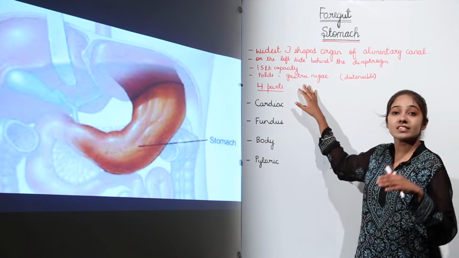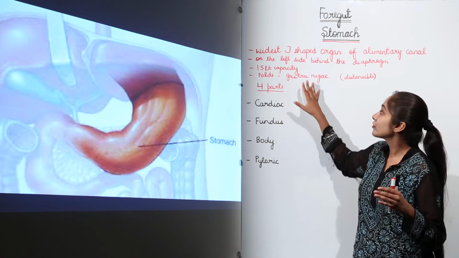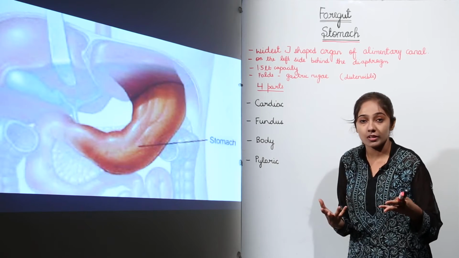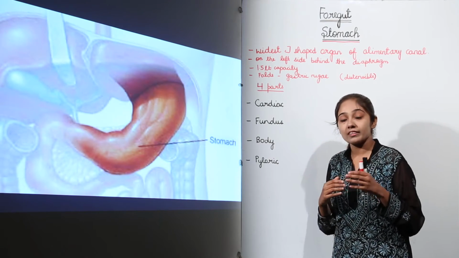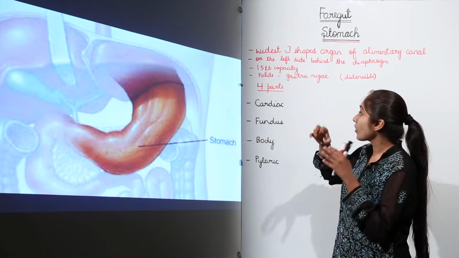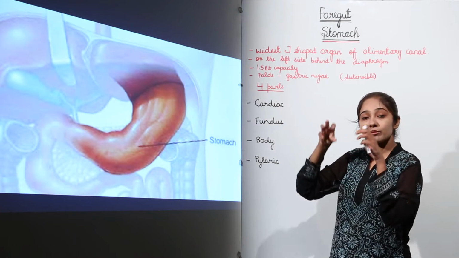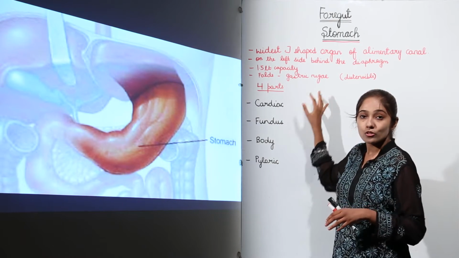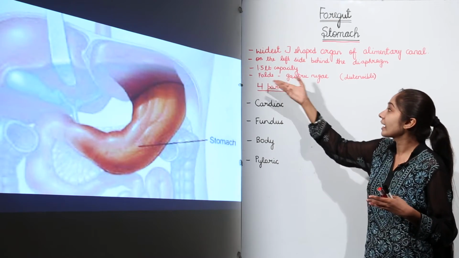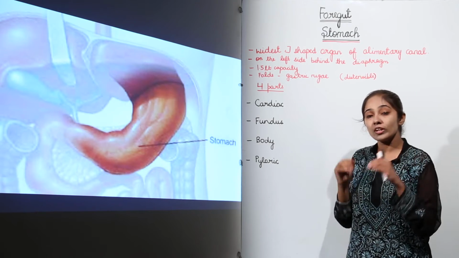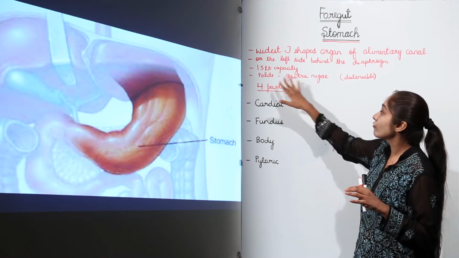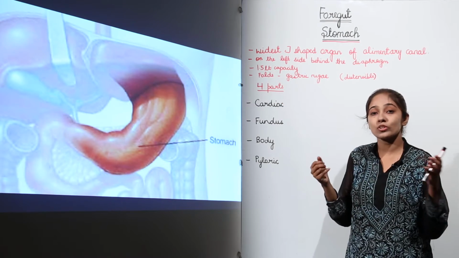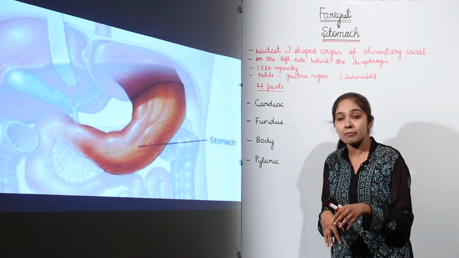So, when the stomach is empty, there are folds which we call as gastric rugae. We see gastric rugae in an empty stomach. And whenever we eat something and the stomach is full, the stomach can be stretched because of these folds, and more amount of food can be accommodated because of the presence of this gastric rugae. So, empty stomach shows these folds, that is gastric rugae, and when there is food inside the stomach, the gastric rugae make the stomach distensible, they help in the stretching so that more food can be accommodated in the stomach. Right.